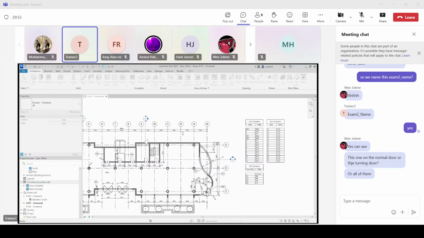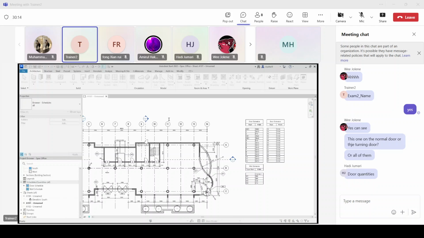Then you just create the name. For example, for me, because I created one already, I'll just name it door schedule 2. Once you see this new schedule dialog, you have to go to door. You can search for it. Type door, and then you will see the doors. Then you name it; I already have mine, so I will name it door schedule 2.